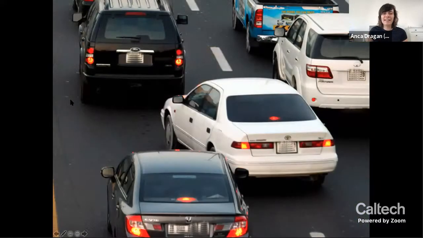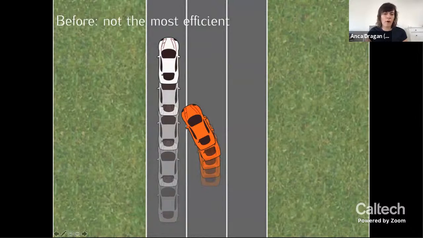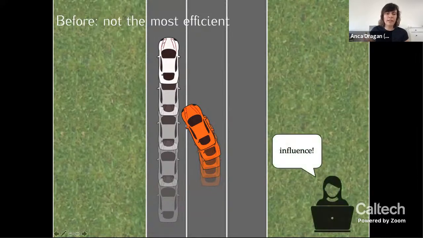What humans do is we invent this third option, which is to nudge ourselves in there, even though there's not a big enough gap in traffic. It's like, okay, we're just going to nudge ourselves in there. Why? Because we know that the person behind will be able to slow down slightly and accommodate us. And so we worked hard to give cars the same kind of ability, this notion that what a car does actually ends up influencing what a human does. It's not like you can just predict what people do and stay out of their way. The moment you start acting, that can affect what people end up doing.